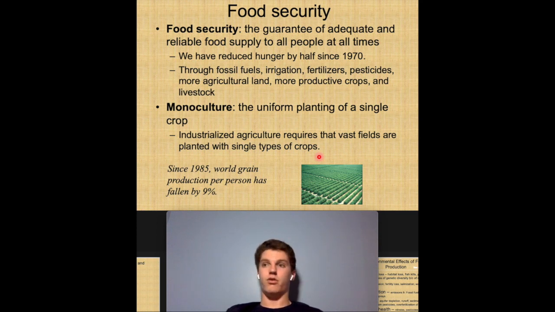So, when you go home, you're going to have a meal, and you're sure of that, because you can afford to do that. And you can actually go to the store and get food, or go somewhere and get food. And since 1970, hunger is reduced by half. And that's through the use of fossil fuels and irrigation, fertilizers, pesticides, use of more agricultural land, more efficient productive